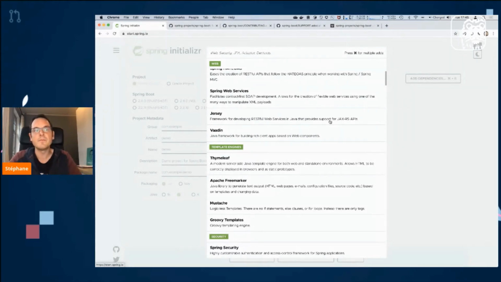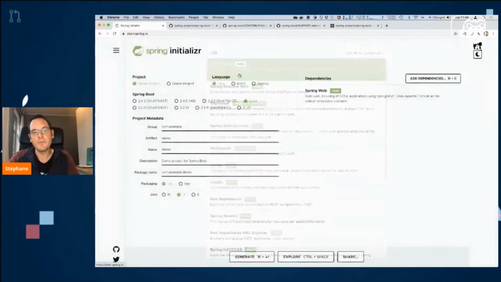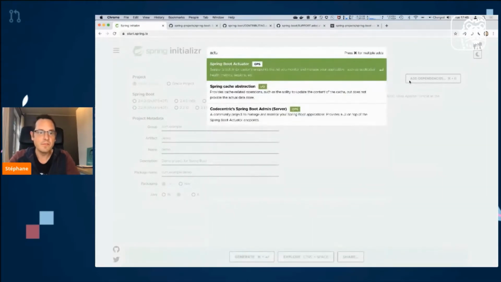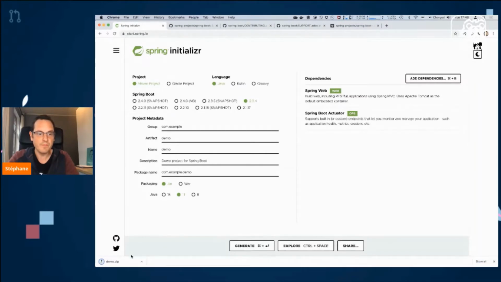And the thing that's quite unique, or at least what we introduced in the ecosystem, is the concept of auto-configuration. It's a way for the application to react to choices that you've made, so dependencies you've added to the project. So for instance, if I type web, I'm basically opting for a web application. I'm going to build a web application, and I'm adding something that allows me to monitor and manage my application. It's a concept in Spring Boot called the actuator. If I'm adding those, Spring Boot will react to the fact that they've been added as dependencies, and it will configure things for you if you haven't expressed any opinion. So let's generate a project,